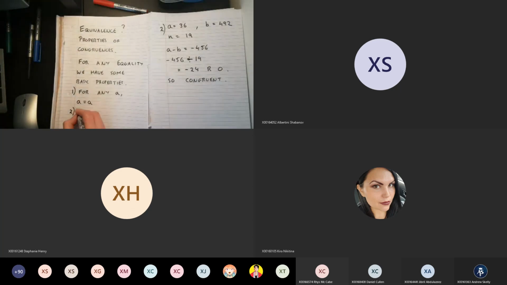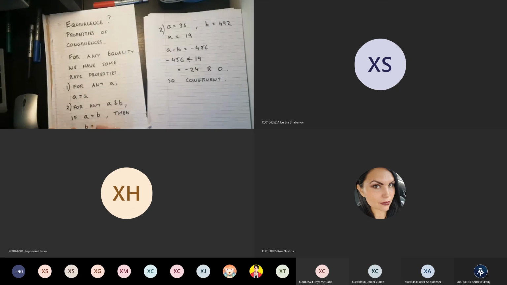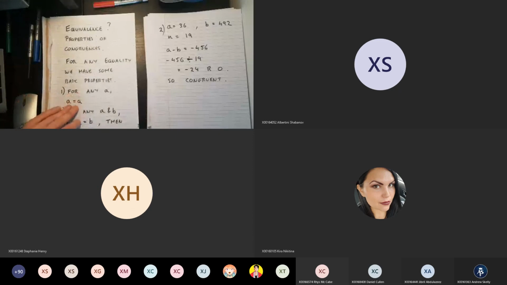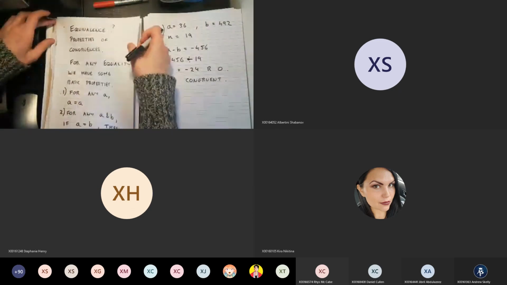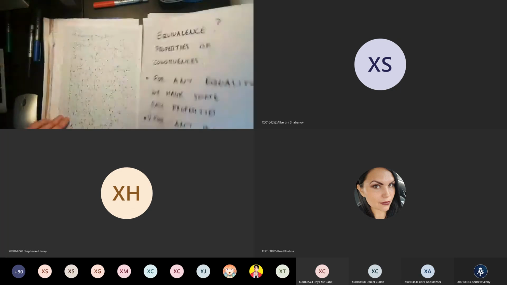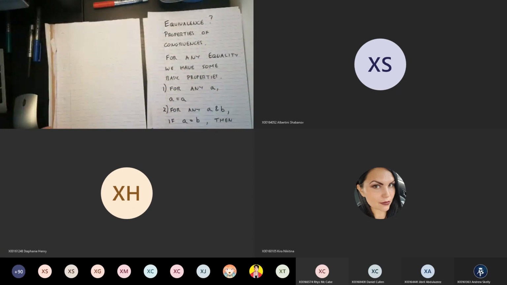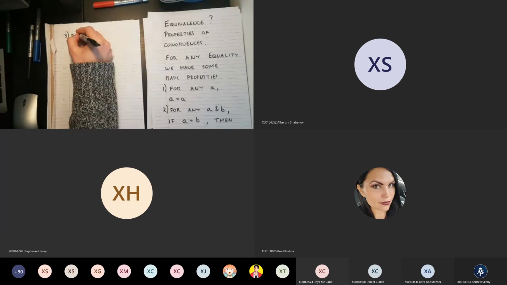The second property is that for any A and B, if A is equal to B, then B is equal to A. Does everyone agree with that? The equality symbol doesn't pick a direction. Order doesn't matter in equality. And the last property, which makes equality a very useful tool, is that for any numbers A, B, and C,